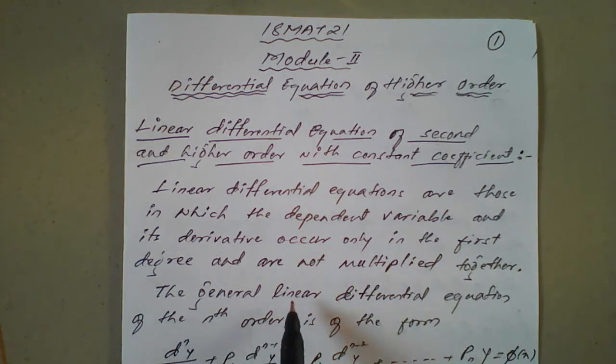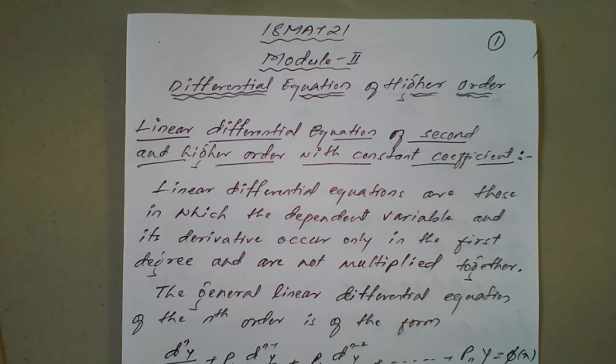The general linear differential equation of the nth order is of the form d^n y/dx^n + p1 d^(n-1) y/dx^(n-1) + p2 d^(n-2) y/dx^(n-2) + and so on + pn y = phi of x, where